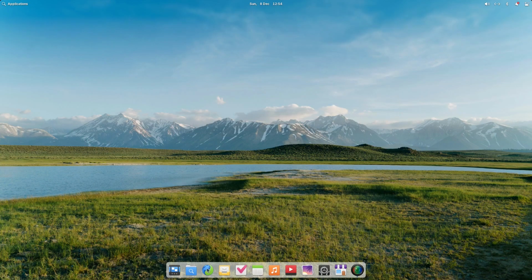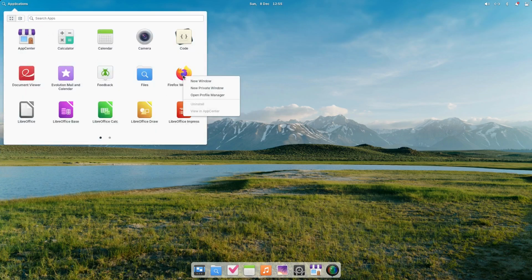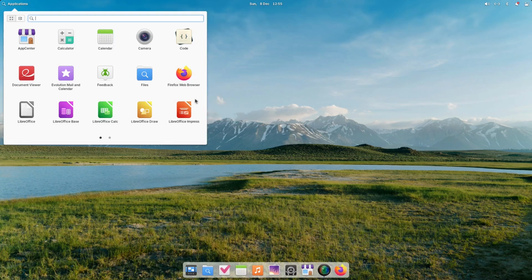We're going to close that down, and what I want to do is see if we can adjust this bar. So we'll get rid of that, we'll get rid of that, and we're going to get rid of that out of the dock. And what we're going to do is right click, can we add that to the dock? Add to dock, and we're going to add that to the dock,